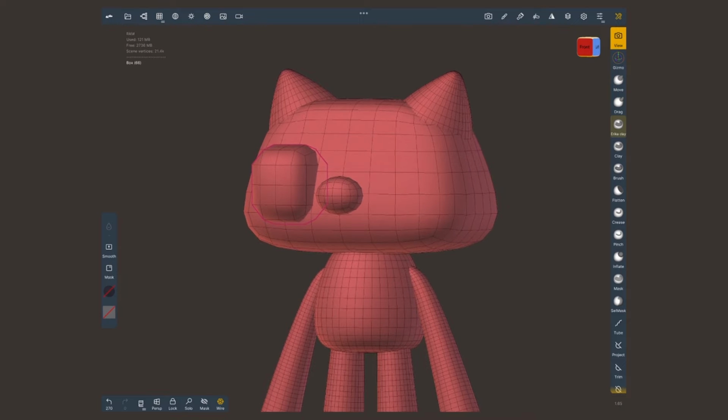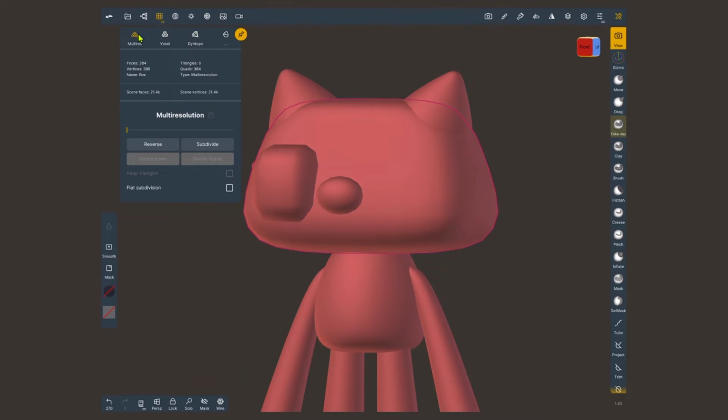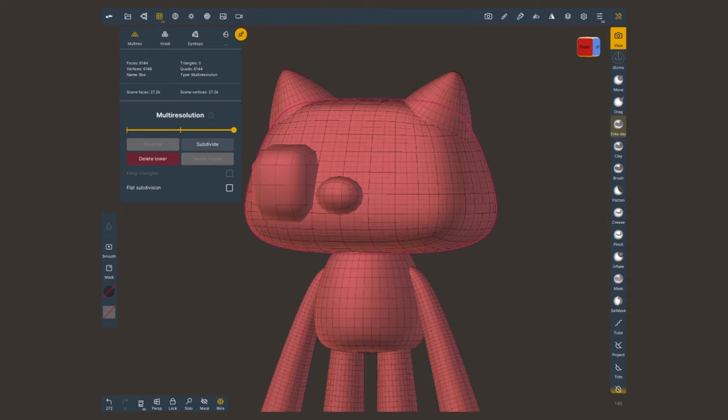I'm aware that at the moment this is very polygonal looking, but we will smooth out the surfaces. Simply select the object that you want to smooth. Let's go into the topology menu. On the very first section, multi-resolution and subdivide. If we tap down on wireframe, you will see the difference if I move between the lowest and the highest levels.